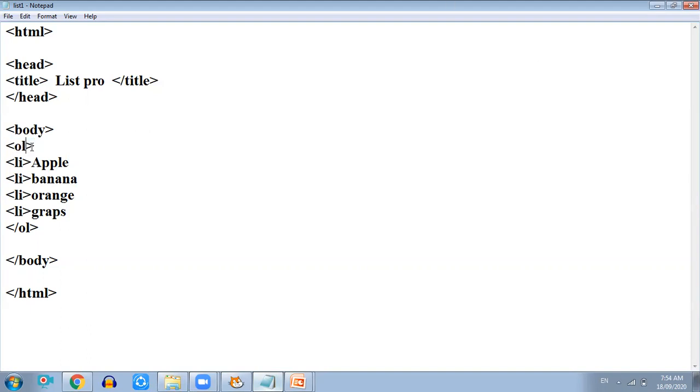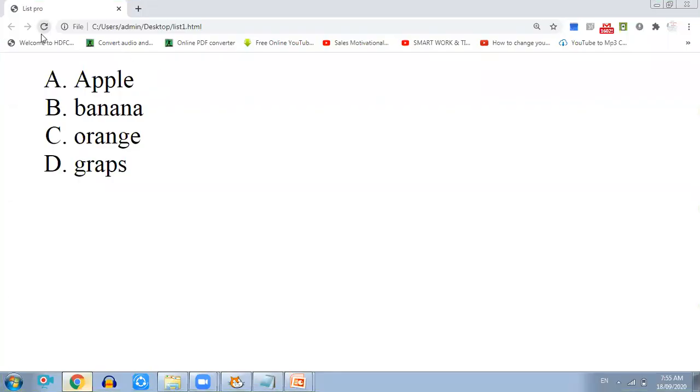So let's begin here. We just have to type OL and then type is equal to. After OL you have to give a space, then type is equal to, and whichever type you want, Roman numbers or what, you have to specify over here. Okay, here I want ABCD, so I'm typing capital A. Do it, save, and refresh. So here I'm going to save, go to the website and refresh. Here I have done refresh and you can check it, ABCD.